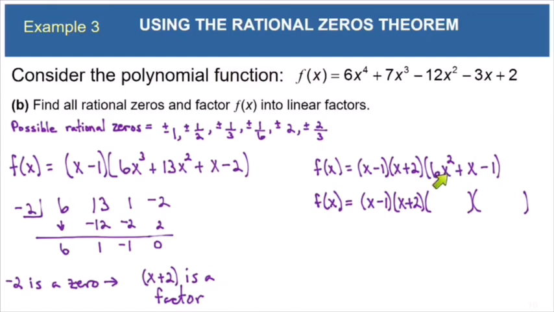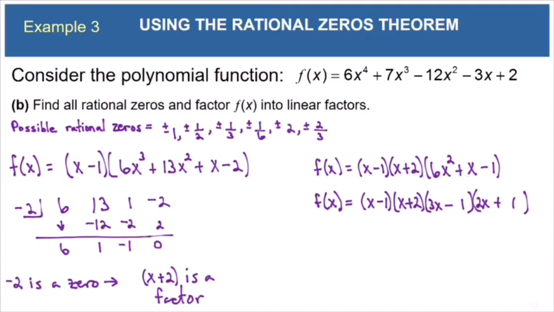So let's factor. 6x squared is going to break down into 3x times 2x. And then the signs in our factors need to be different. And last times last has to be 1, so it'll have to be 1 times 1. Now you need to check that outer plus inner adds up to the middle term that you need. And it does. We would have 3x minus 2x, and that does add up to 1x.